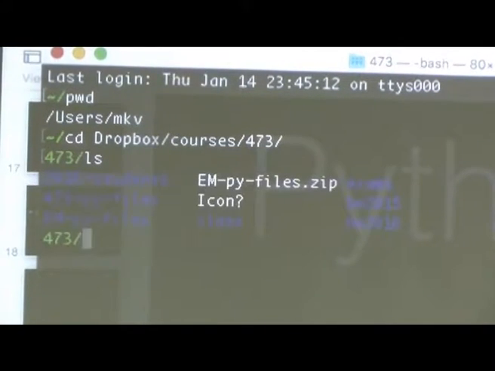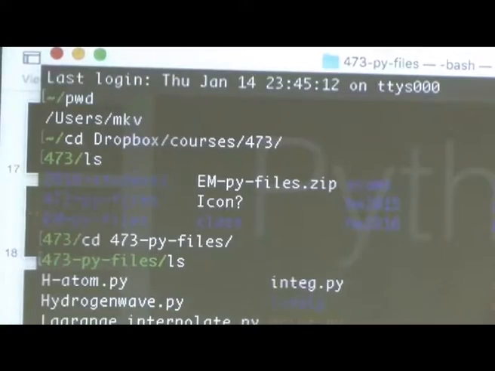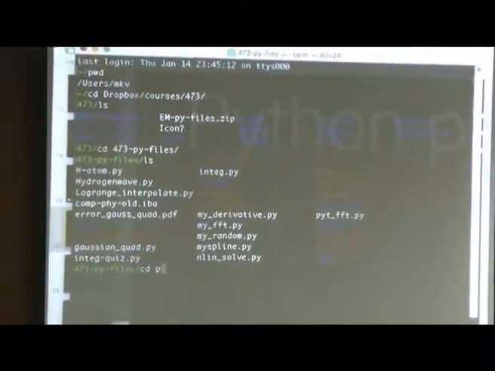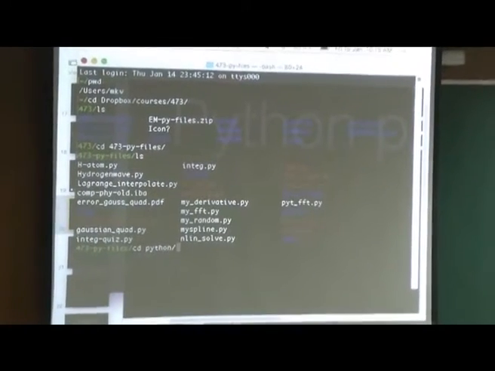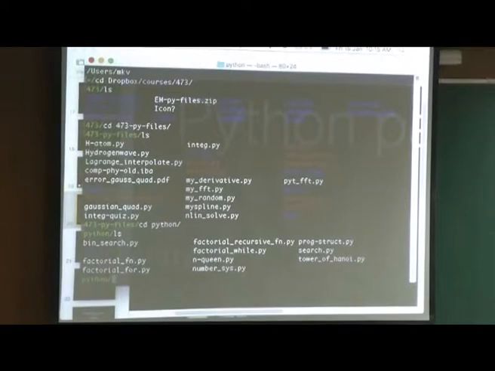So I can always see what is there. ls will tell you what are the files inside. Okay, this is where I want to be, because my codes are here.